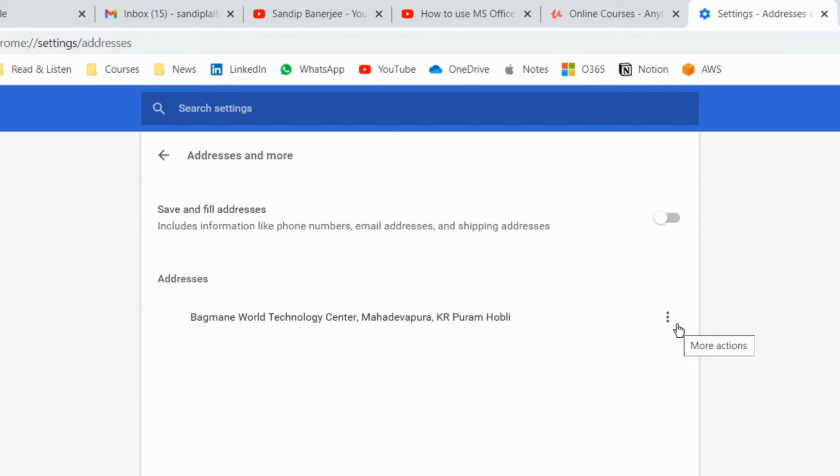Here you can do multiple things. Maybe in the address, I have one address saved. If I go to these three dots, I'll be able to edit this particular address, and I can also remove this address altogether. In case you have shifted somewhere and you need to change your address, you can do it from this autofill. In my browser, currently it's disabled to autofill any address or other details. If you want to enable it, you just need to enable it from here. By default within Google Chrome, it's enabled. So if you want to disable it, this is the option you need to check.